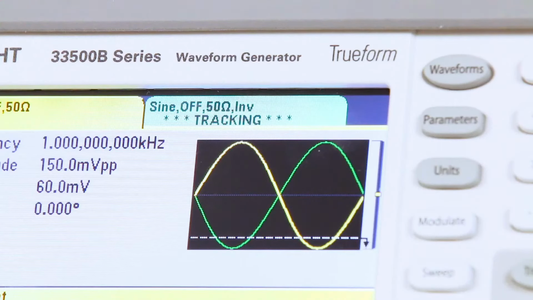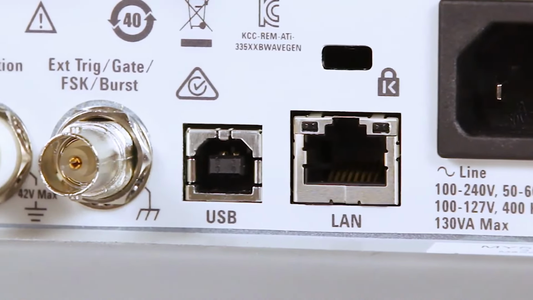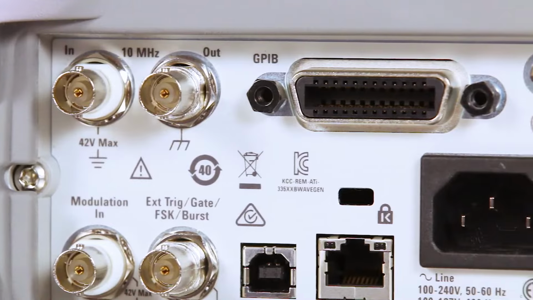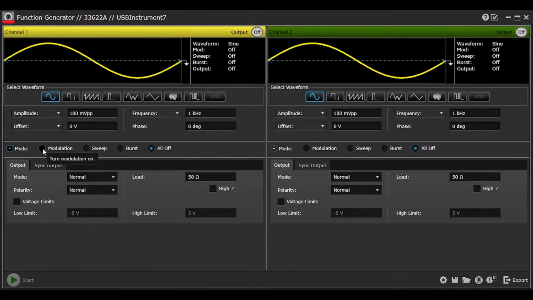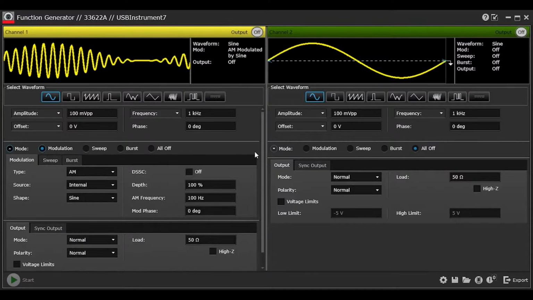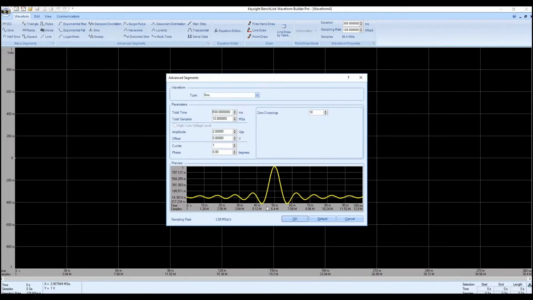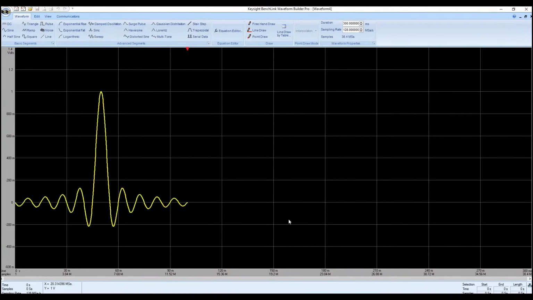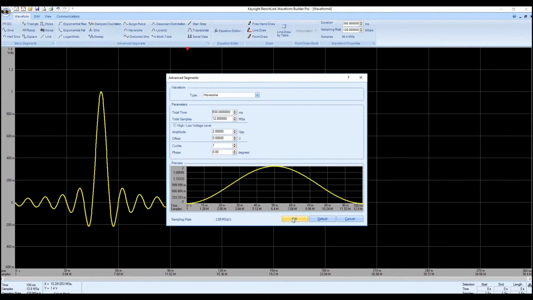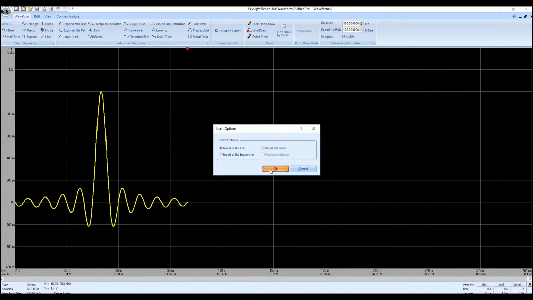You can connect and control your function generator over LAN, GPIB, USB, or even a USB thumb drive. The BenchView function generator control and automation app makes it simple to connect, control instruments, and automate test sequences so you can quickly move past the test development phase and access your results faster. It only takes a few clicks. With BenchView, simply point and click to control your function generators. You can also get advanced waveform creation and editing capabilities with the embedded Keysight BenchLink Waveform Builder Pro. You can rapidly build custom test sequences with TestFlow and access deeper instrument controls with Command Expert integration.